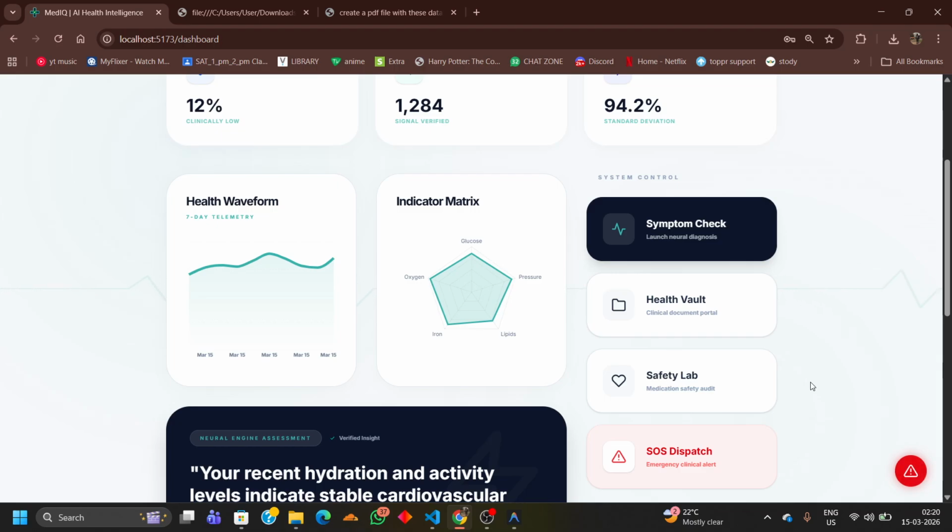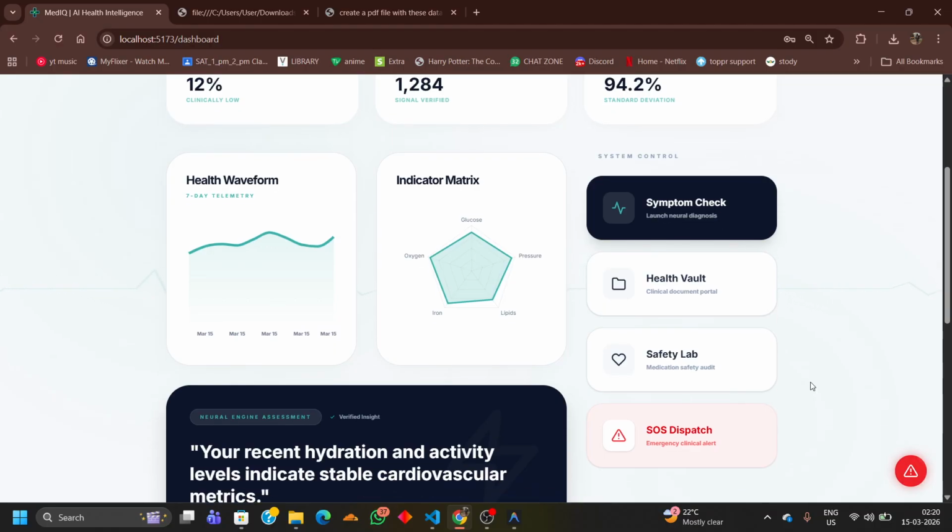In a situation where people often face managing multiple prescriptions, taking more than one medication at the same time can not always be obvious to the patient, like whether those two medications can cause a nullifying effect or a hazardous effect. It might reduce the effectiveness of the medicine or even lead to unwanted side effects. So because of this, MedIQ also includes a feature that allows users to check potential interactions between the medications using